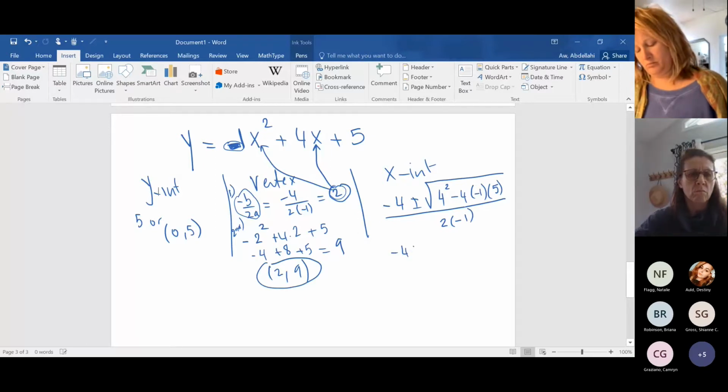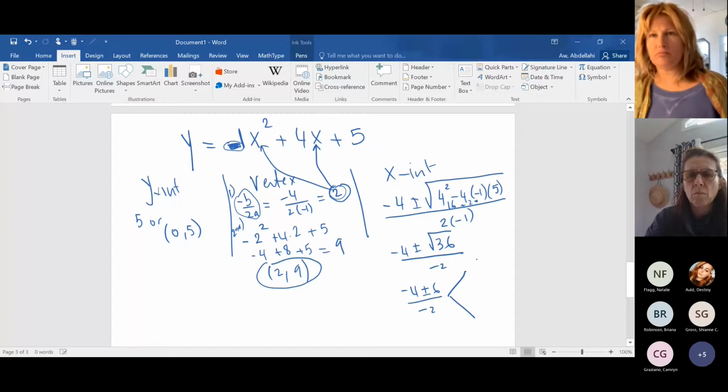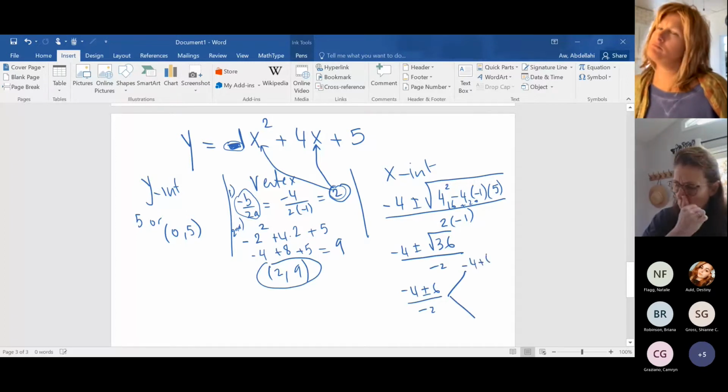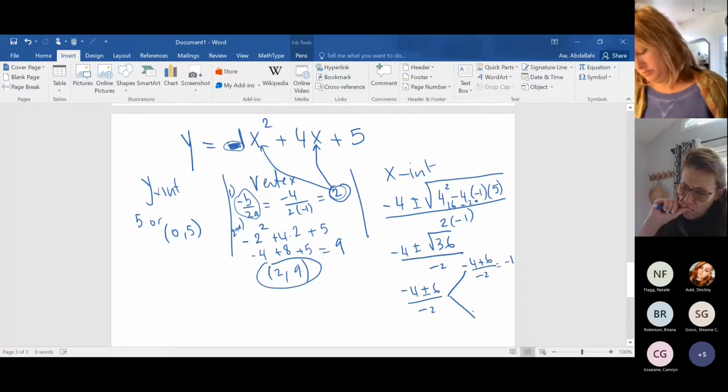Which is negative 4 plus or minus the square root of 16 plus 20, which is 36, all over negative 2, which is negative 4 plus or minus 6 divided by negative 2. This gives you negative 4 plus 6 divided by negative 2, which is negative 1, or negative 4 minus 6 divided by negative 2, which is